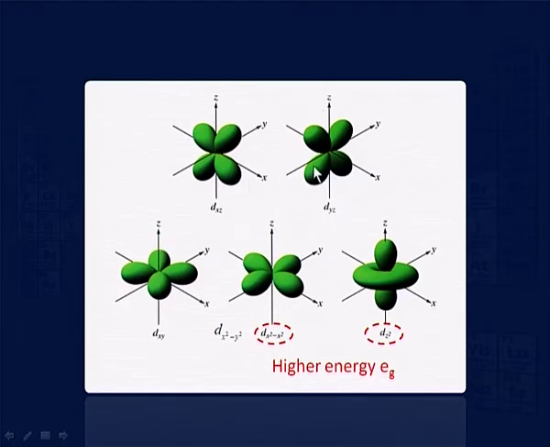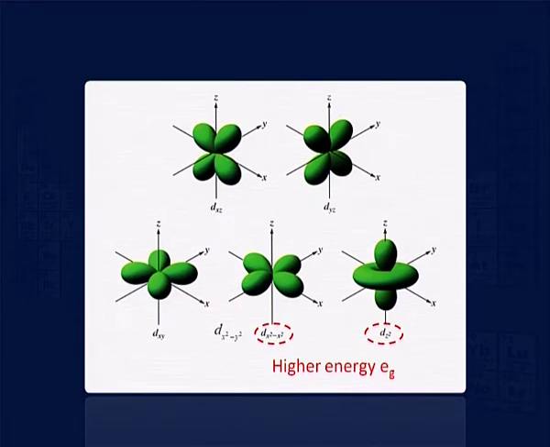In this, 3 orbitals have lobes in between the axis, while 2 of them have lobes on the axis. And depending upon this, initially in the gaseous state or when there is no ligand, all the 5 d orbitals are equal in energy,